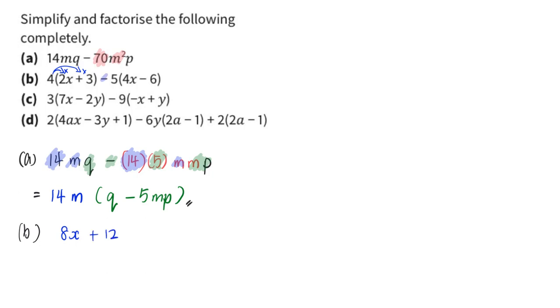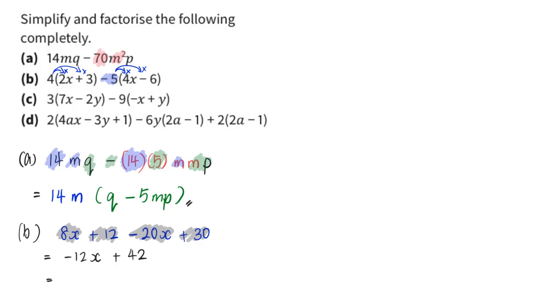Negative 5 multiplied by 20, multiplied by 4, that will give me negative 20x. Negative 5 multiplied by negative 6, positive 30. And after which we continue to simplify the like terms. I will get negative 12x positive 42,